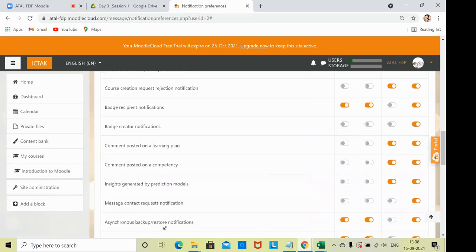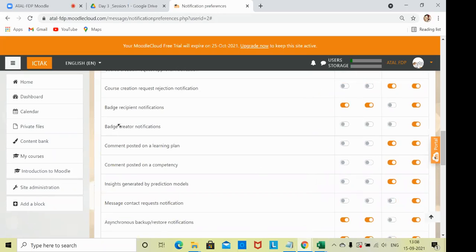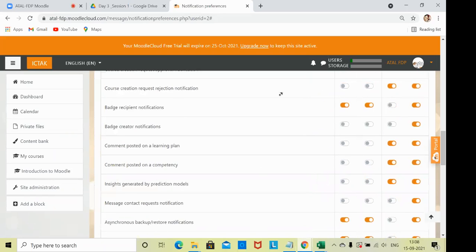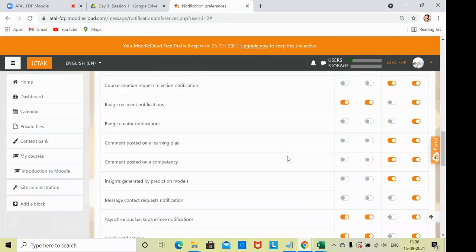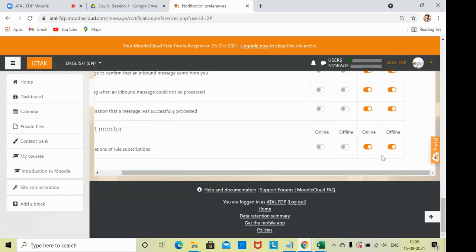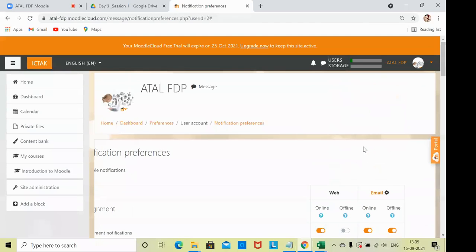Then asynchronous backup restore, badge creation notification by email, badge receipt notification, all those details. It is actually a setting, right? Based on the settings, all the actions can be taken or initiated from this phase. So that is all about notifications.